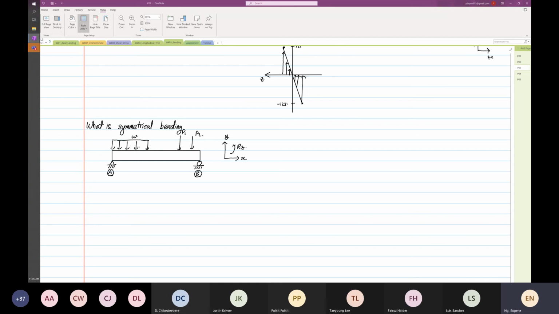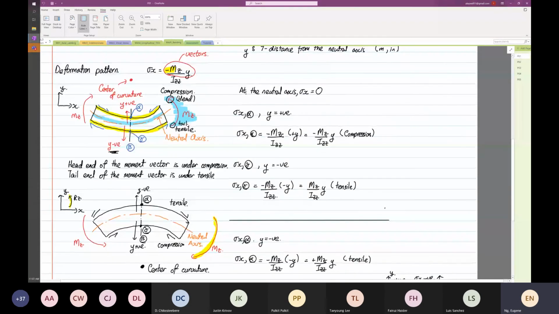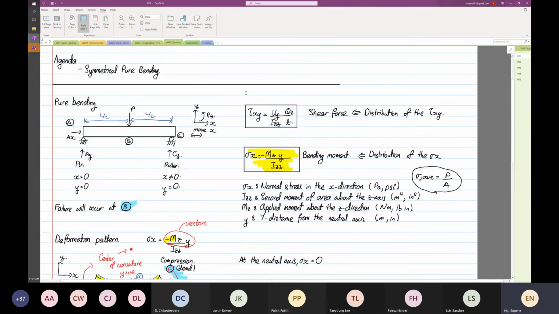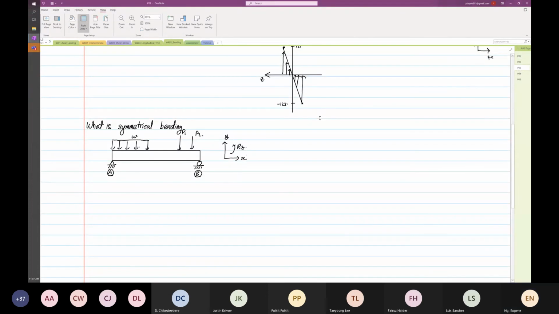The example before, when we started, we realized that this is symmetrical about the y-y axis in terms of loading. The geometry, left relative from point B, left and right are the same. The distances are the same. Is this the definition of symmetrical bending? The answer is no. For this case over here, the one that we just drew, it is not symmetrical about anywhere between point A and point B. Yes, right? It's not. On one side you